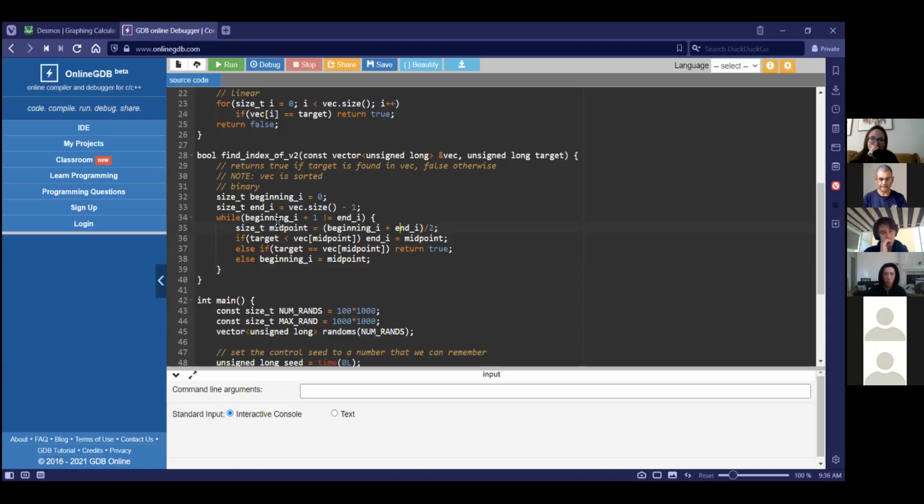Maybe we could even do it. If we used a do while loop, it might be better. What could go wrong? I think it might be better with a do while. Okay, we can try it, because we're gonna have to do this at least once. Oh shoot, before we do this, we probably need to check if beginning and end